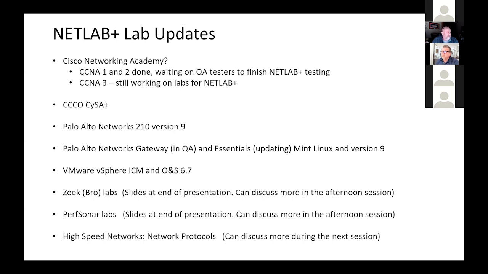Now, I have one other example on here, and that's I think the California Community College System. I don't know what the CCO stands for. Forgive me for not knowing. But a gentleman named Steve Lithcom was funded through Moraine Valley to create some labs for the CompTIA CySA+.